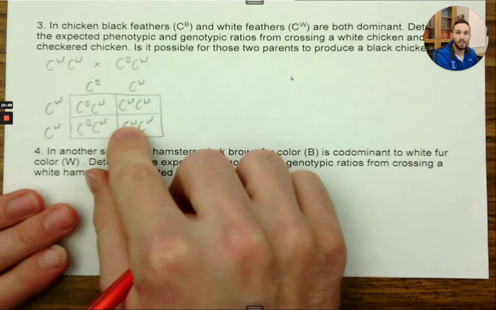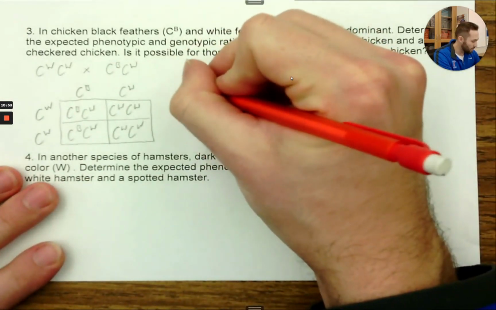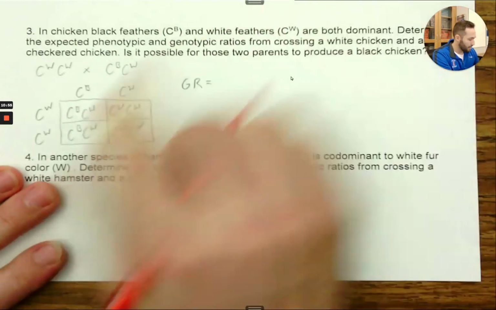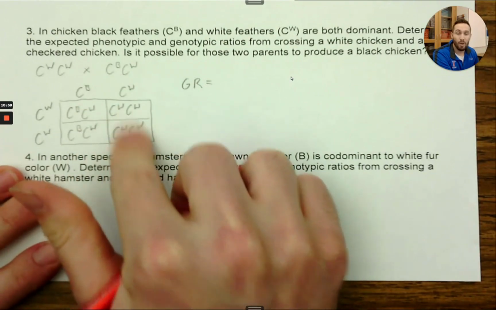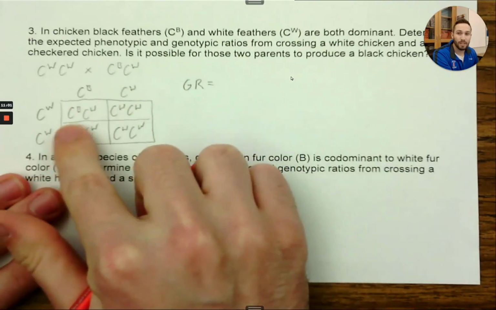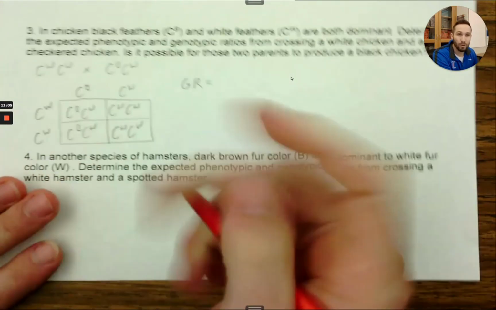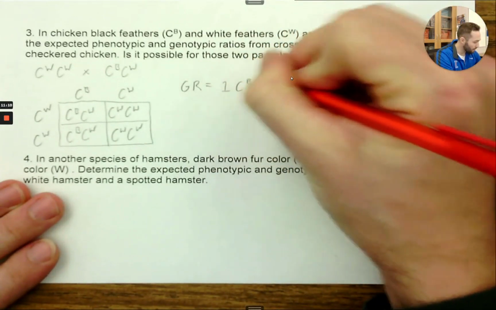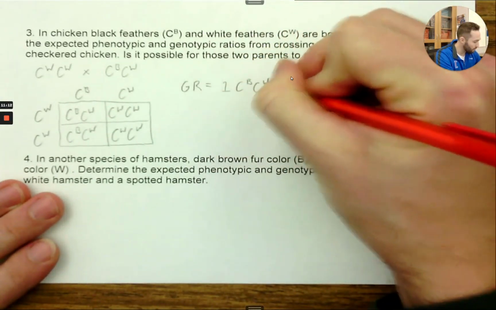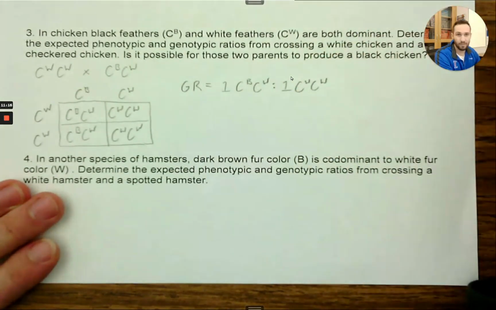And so in terms of genotypic and phenotypic ratios, let's start with the genotypic ratio. We have some offspring that are heterozygous, and we have some that are homozygous for white. And so it's a 2-to-2 ratio, which reduces to 1 to 1. So that's really a 1-to-1 ratio, or 50-50. So for every one offspring that's heterozygous, there should be, on average, one that's homozygous for white.